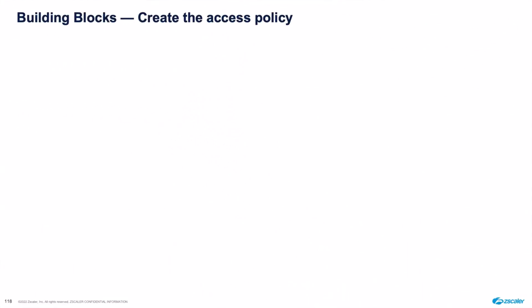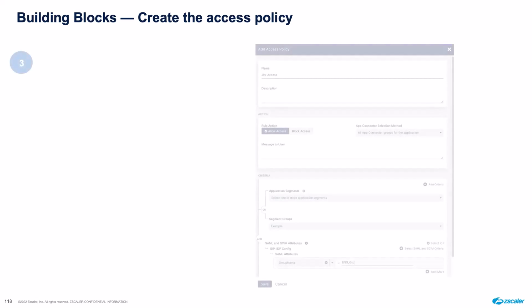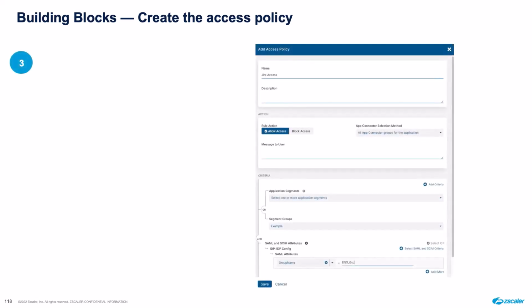Now, shifting from application definition, here we're going to talk about creating the policies as that third major aspect of establishing secure private application access. We'll cover the building blocks of access policies, client forwarding policies, reauthentication, and isolation policies. First, it's important to understand that by default, ZPA blocks access to applications until you configure policy rules that explicitly